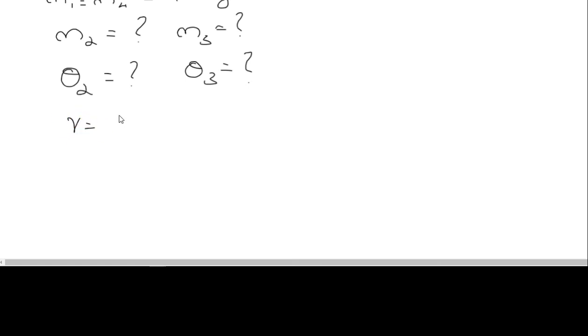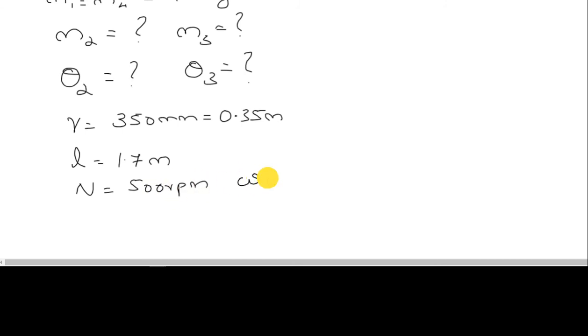And what is given? R is given as 350 mm, that is equal to 0.35 meters in SI units, and L is given as 1.7 meters, and also N is equal to 500 rpm. So we need to convert it into omega, that is radians per second. That will be 2 pi N divided by 60, and you substitute 500 for N, you will get 52.35